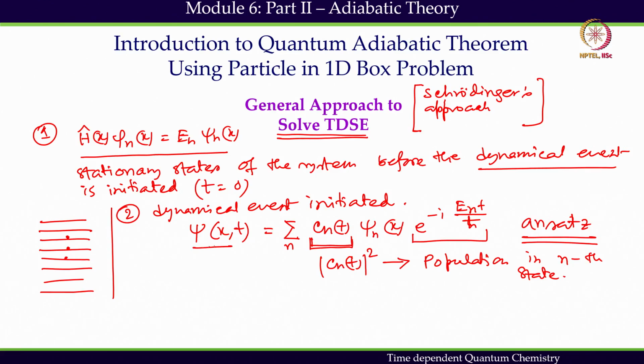In order to express that state, I need to know the population, and that population can be obtained by inserting this trial wave function into the TDSE. The TDSE is i h cut d psi(x,t)/dt equals H psi(x,t). We have to insert that to get this population, and once we get the population, we will be able to